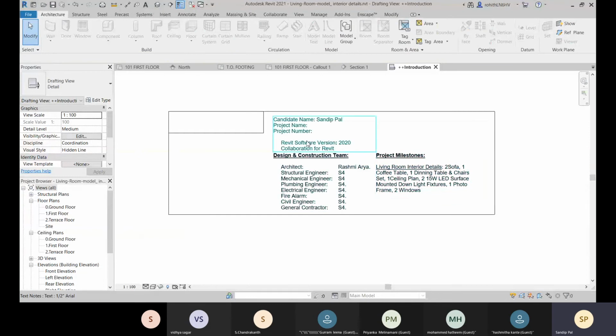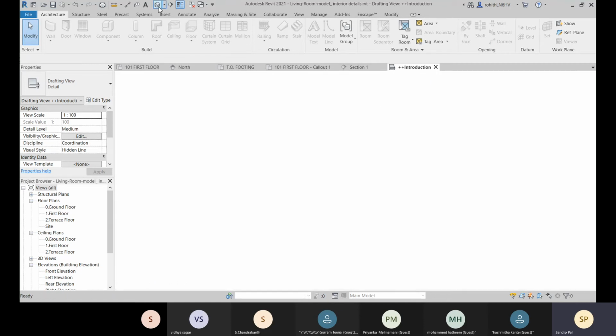Okay, you can create it like this. So that is your drafting view over there. And when you open that file, you will land on this introduction page, and then you will go for your project there, and you can check all your floor plans after that.